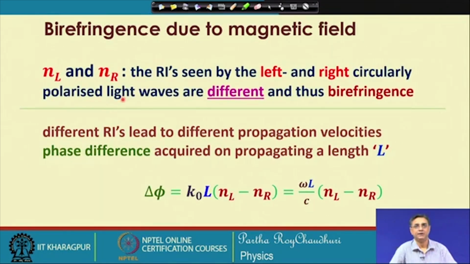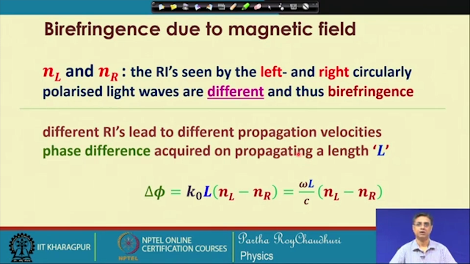So, now effectively we see that the refractive indices seen by the left and right circularly polarized waves, which are passing through the medium in presence of the magnetic field, are different, which are represented by n_L and n_R. The different refractive indices will lead to different propagation velocities, and as a result there will be a phase difference, which will be acquired by